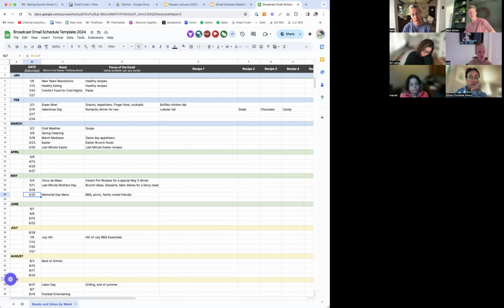And the seasonality is going to be different. Manali, in your case, is Holi something that needs to be in here? Yes. I don't have the Forever series, but I'll be sending a Holi email this week because it's on my blog, exactly. And Deepavali, when that comes. So stuff like that makes a lot of sense for somebody here. So you just need to modify this for your purposes. Okay. Any questions on Forever series, seasonal?